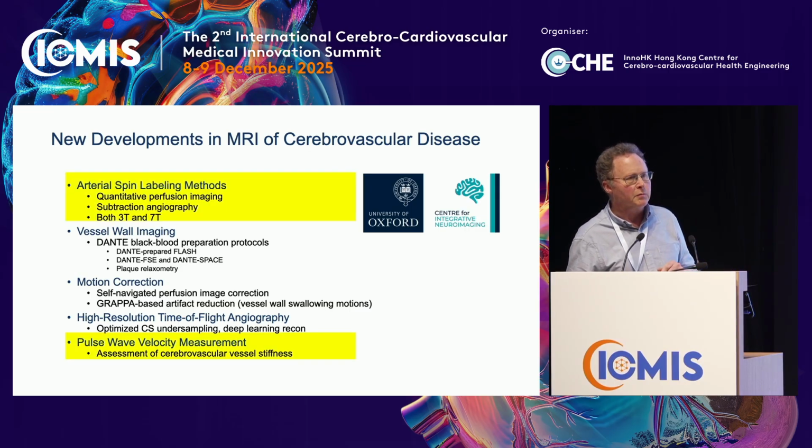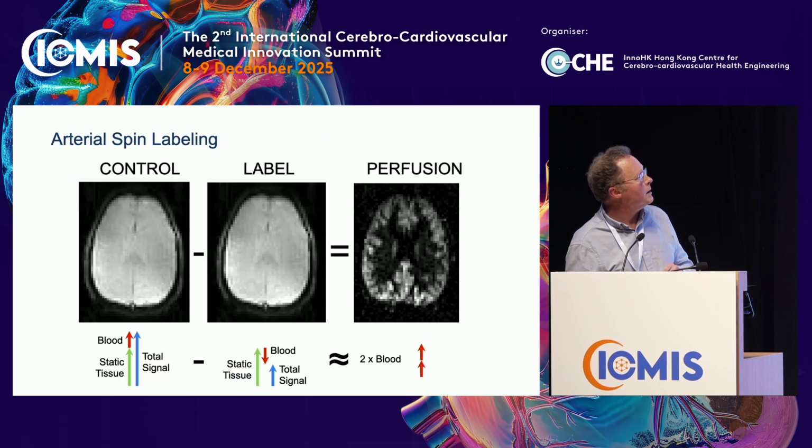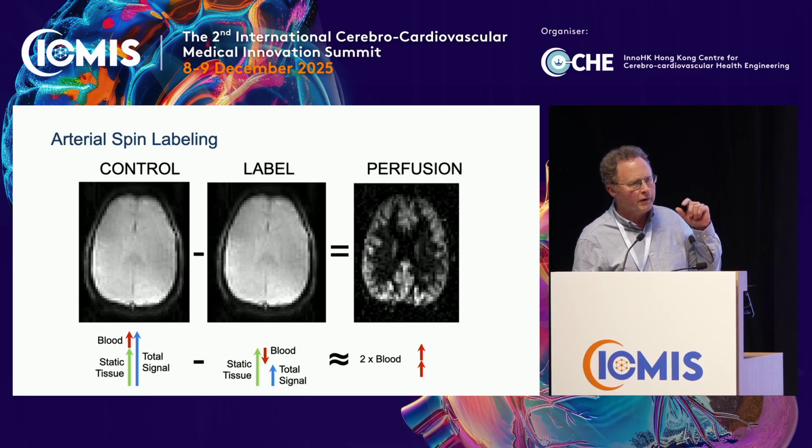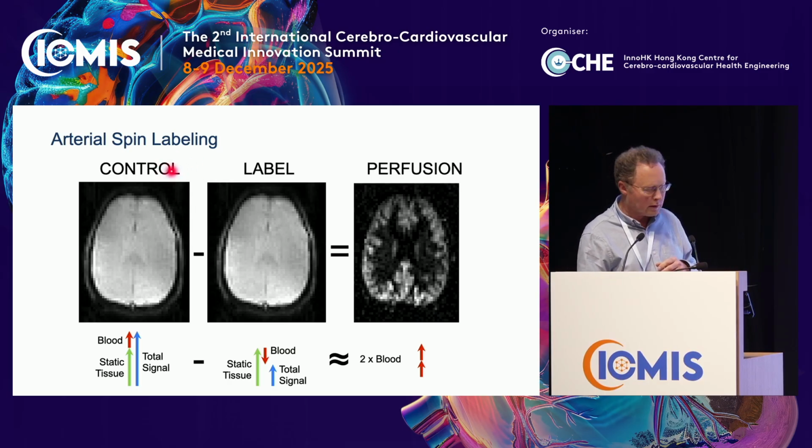Now, I've only got time to focus on 2 of these items today, so I'm going to focus on our arterial spin labeling work and our pulse wave velocity work. So firstly, for those who are not familiar with arterial spin labeling, the idea here is that you acquire 2 acquisitions, one in which the blood water is left in an uninverted state, and so it travels from the feeding vessels into the tissue of interest, in this case the brain, and adds signal to the,